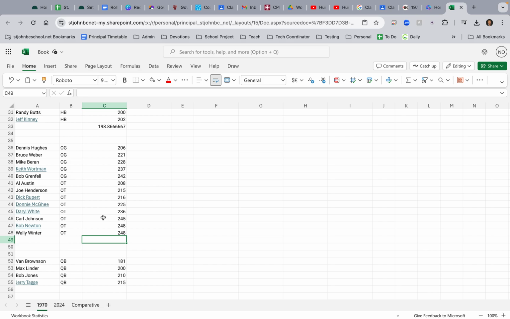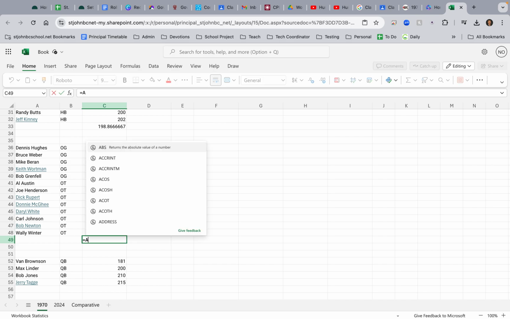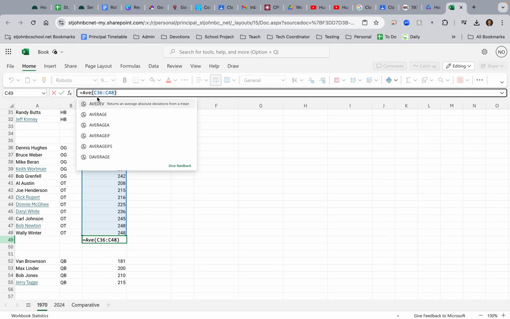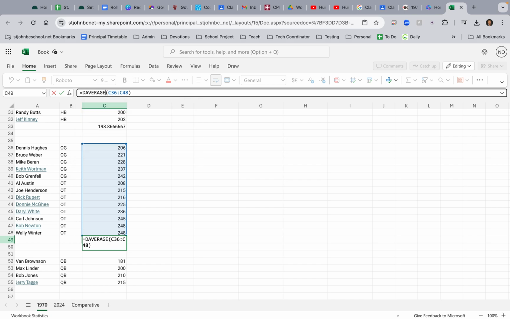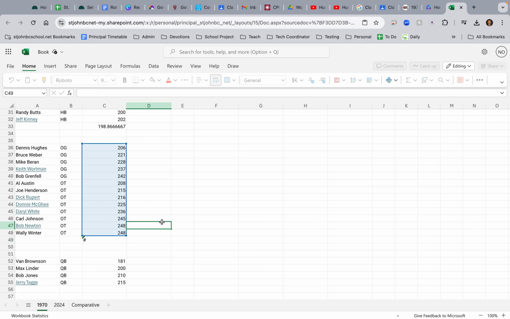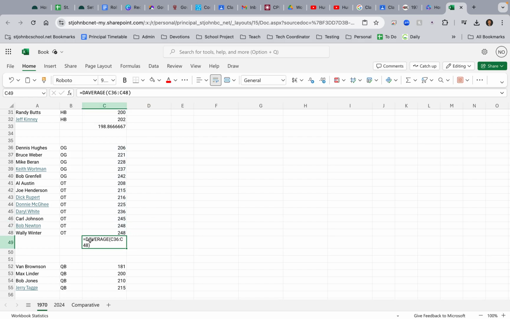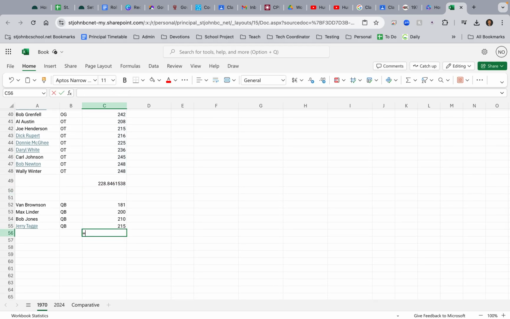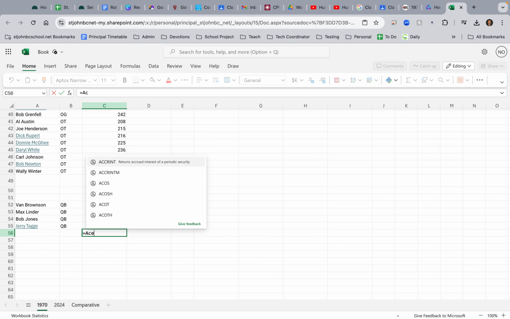For offensive linemen, we have OG for offensive guard and OT for offensive tackle, equals AVE parenthesis. Actually, in Excel, it lets you say AVE. In Office, it makes you go average. Average weight's 228, so down at quarterback equals average,